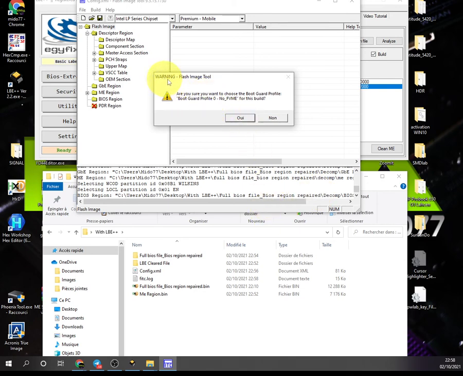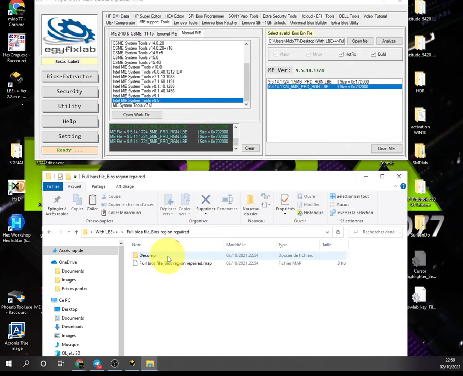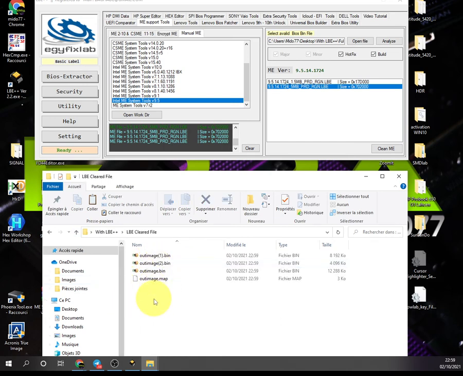Here the warning is about the boot guard, which we have configured to 0. You click yes and it's done. So close, go to, no, not here, to LBE cleared file. Here are the outputs. So here let's call it out